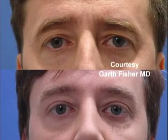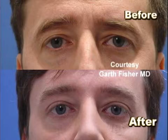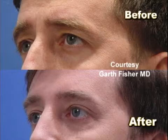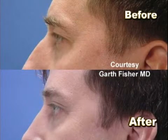Patients in the previous segments on facelift and browlift can also be followed during their healing process, as those patients also had surgery on their eyelids. These are 5-week after photos of a patient who had a browlift and upper and lower blepharoplasty performed. This may give you an idea of what you might look like at this early stage, although patients heal differently. His eyes are still swollen at this stage, but the incisions on the outside of the eyes in his case